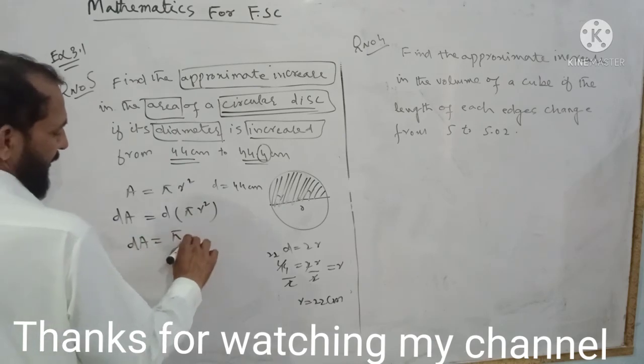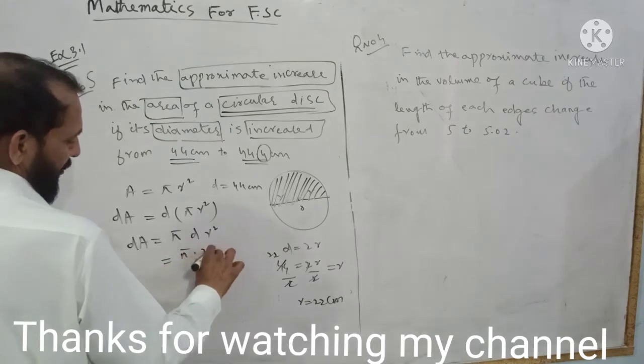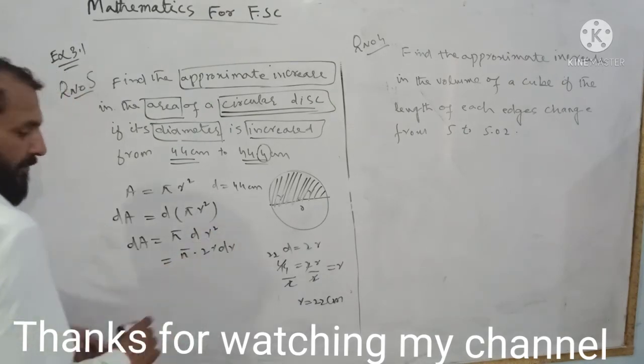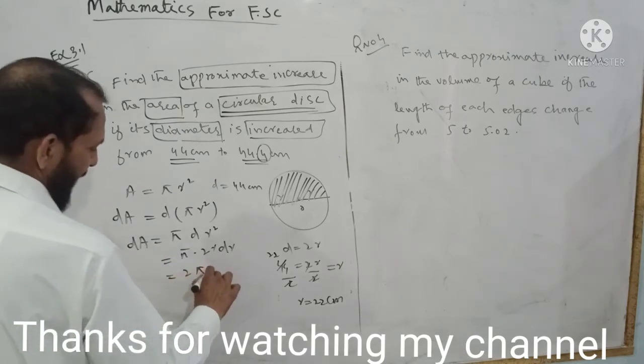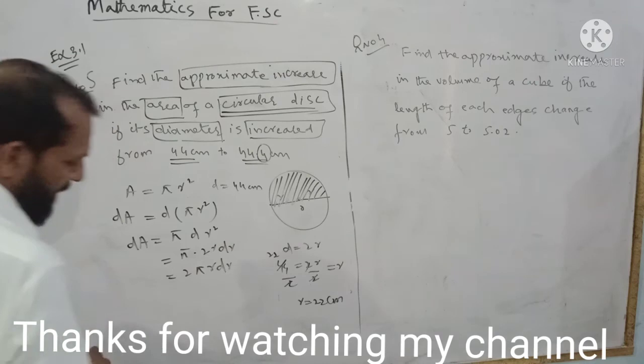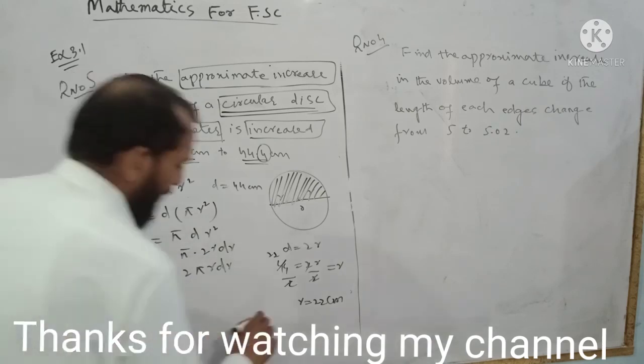We apply the power rule, and rearrange to get dA equals 2 pi r dr. So we can put the value of pi, and r is equal to 22, and dr is equal to